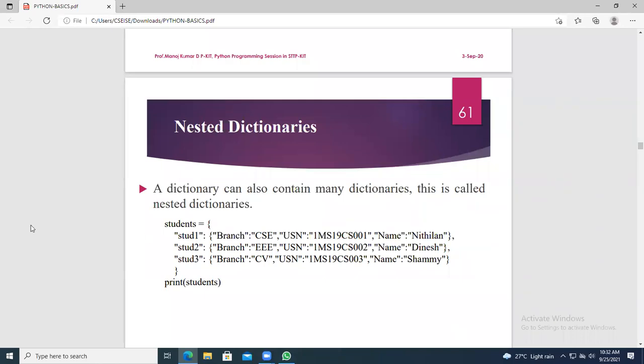In this example, we have taken stdict as the dictionary variable. Inside that, I have taken keys. What are the keys here? Stud1, stud2, stud3. What are the values here?